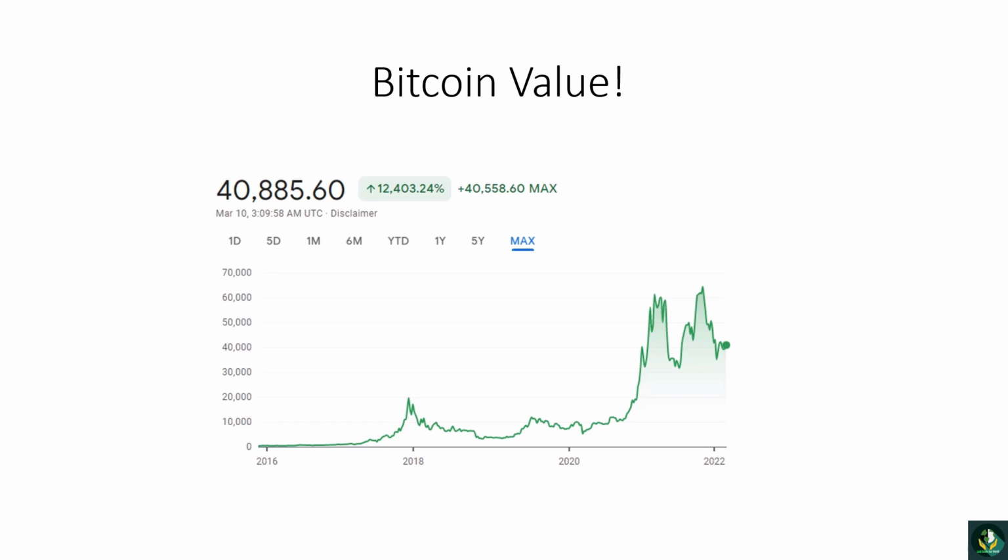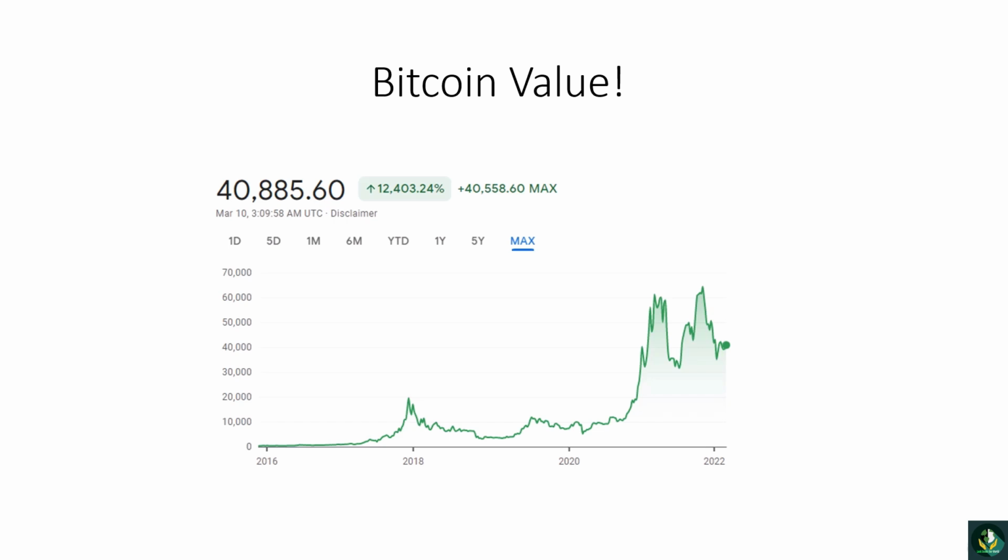If you pay attention to the little graph here, Bitcoin started out in 2013 at almost zero value. By the end of 2013 and going into 2014, it took a huge spike, going up to 1,100 and something.